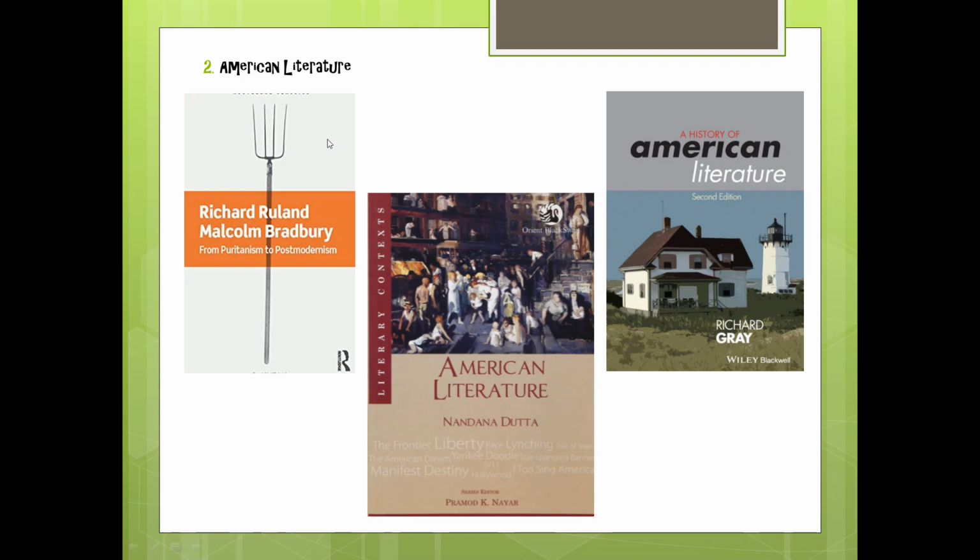Now, the go-to book that you should read for American literature is Richard Gray's A History of American Literature. This is a voluminous book, an exhaustive book. It has like 900 pages. I don't know about the new edition, but the edition that we used had 900 pages. So it chronologically deals with